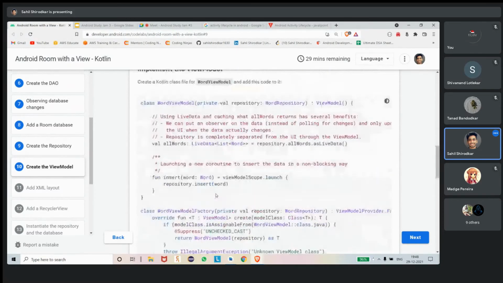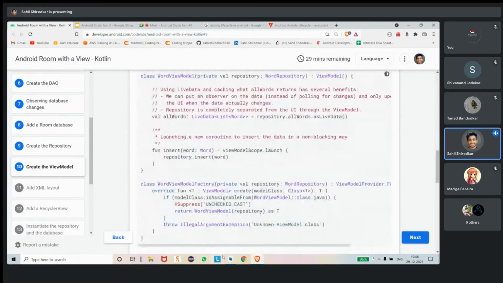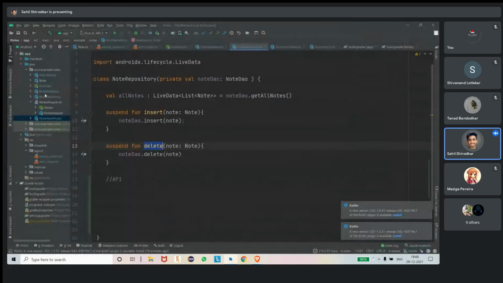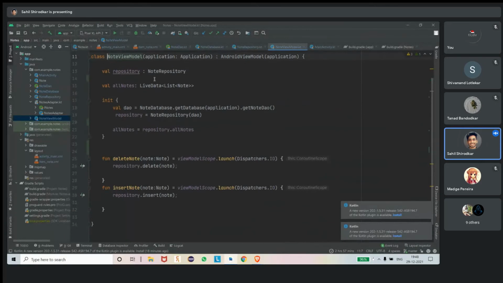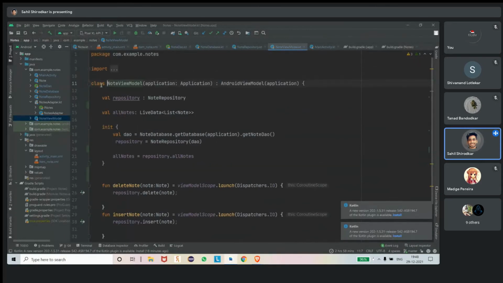So I'll directly go to the view model. This is the view model now. We have made a class NoteViewModel, and we are extending it to AndroidViewModel.